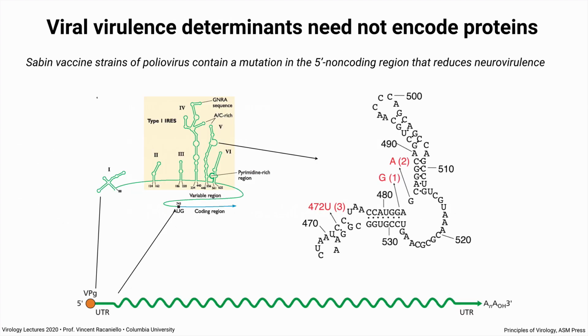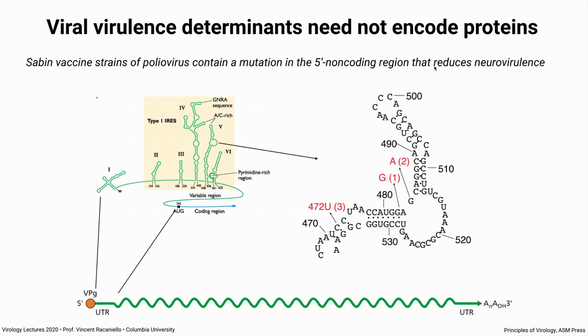First, a virulence gene does not actually have to be a gene. It could be in a non-coding region that doesn't encode any protein. An example of this, the Sabin vaccine strains of poliovirus. There are 3 Sabin vaccine strains, 1, 2, and 3 of poliovirus that are currently being used in the eradication effort. These contain mutations in the 5' non-coding region that reduce the neurovirulence of the virus when specifically introduced into